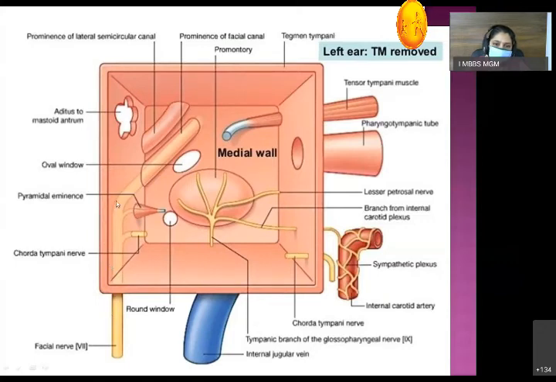Can you see? This is the facial canal. So the vertical part of the facial canal is present in the posterior wall, and it goes up to the stylo